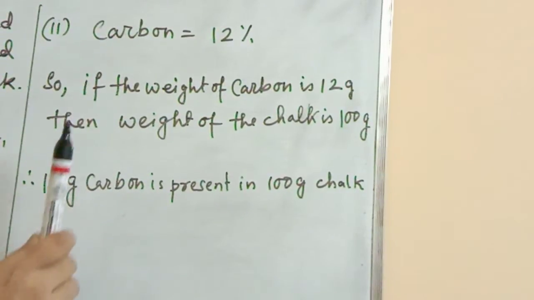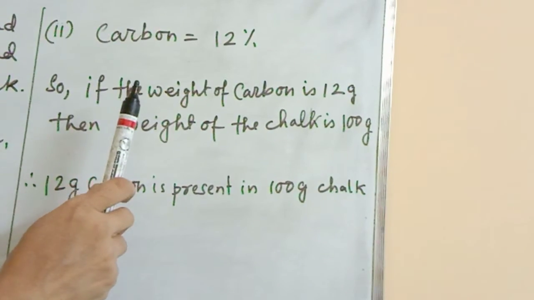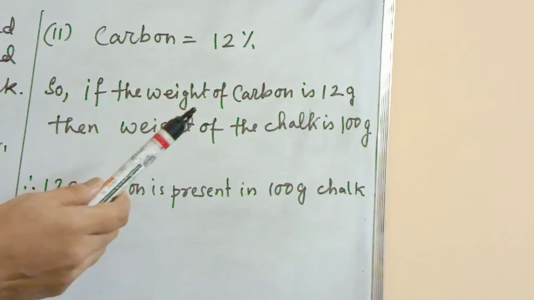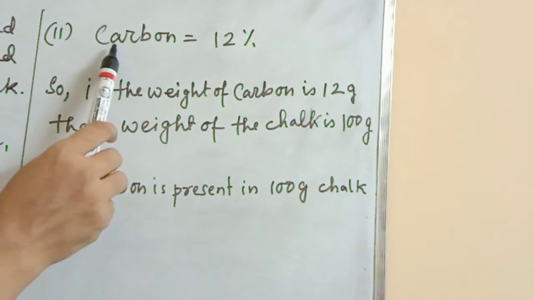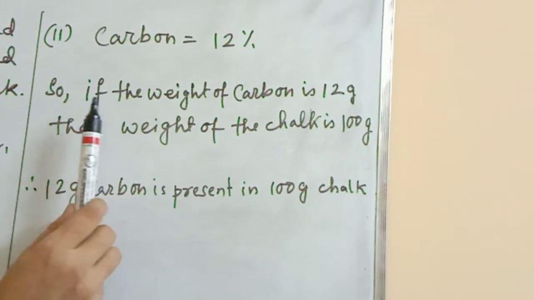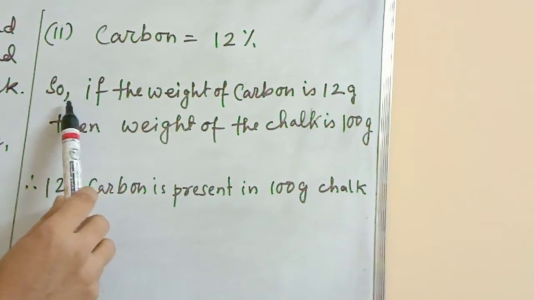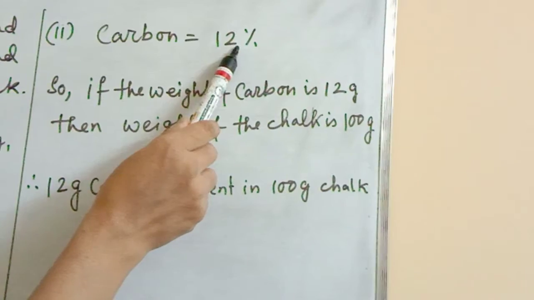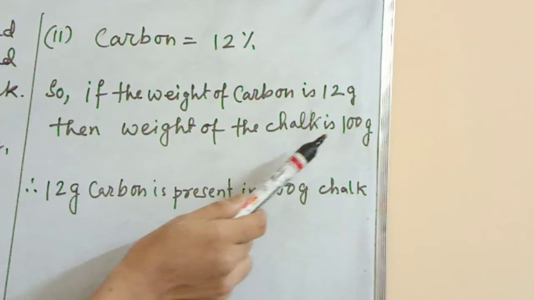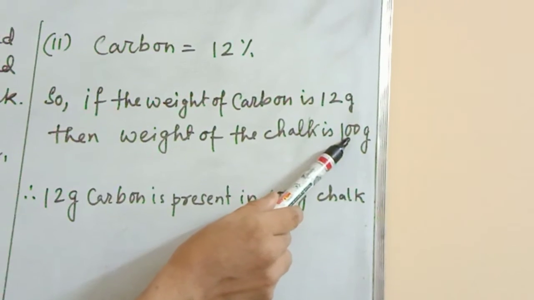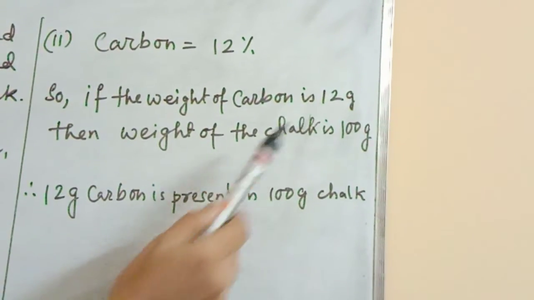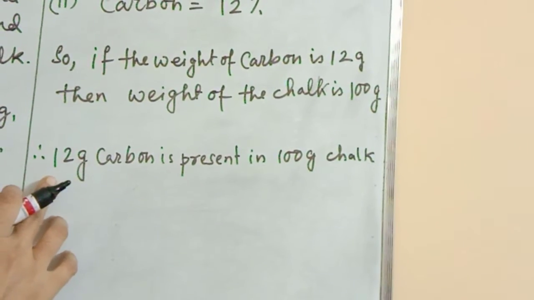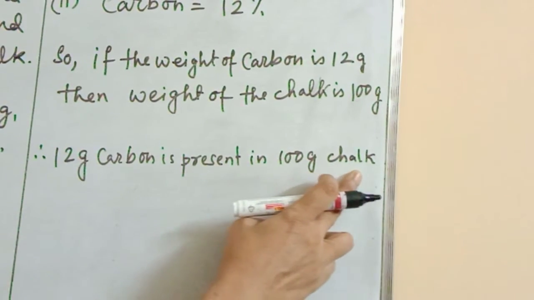Now second part of the question: in a stick of chalk, carbon is 3 gram, then what is the weight of the chalk stick? Now I have found that carbon is 12%, so I can write it this way: if the weight of the carbon is 12 gram, then the weight of the chalk is 100 gram, because percent means out of 100. In short, 12 gram carbon is present in 100 gram chalk,